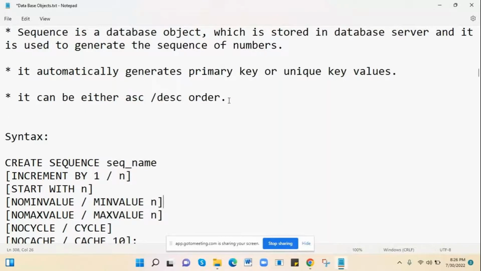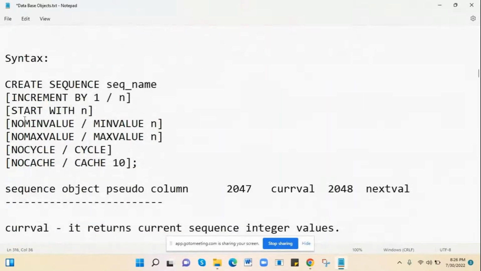And here we have cycle also. Cycle means, for example, you want to create student IDs from 0001 to 9999. Maybe it takes 10 years for me to get 10,000 students, right? After 9999, I want to make a cycle. For example, my first student ID is 0001. Yesterday only one student joined. His student ID is